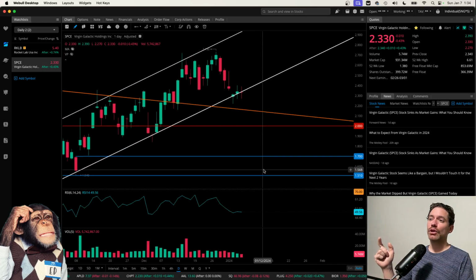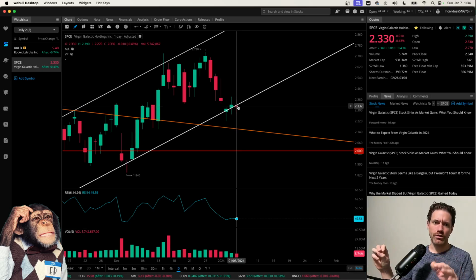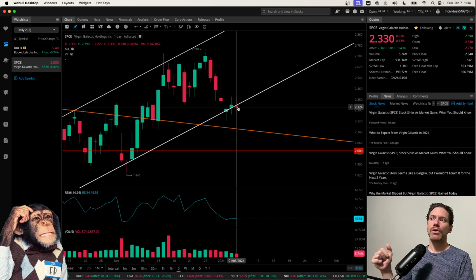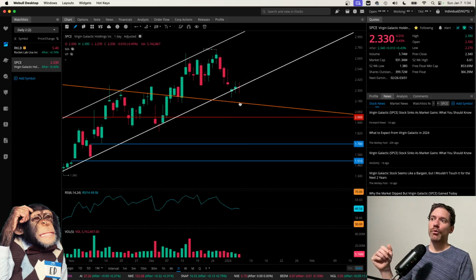And if we actually look closely at it, we can see that it is testing the bottom of that channel. And you could adjust the line a little bit, but it does look like the close on Friday, January 5th of $2.33 potentially closed below that line. So there's been a lot of tests. So I do think that could be bearish, but it could find support at this orange line, dropping down to a price of like $2.20,